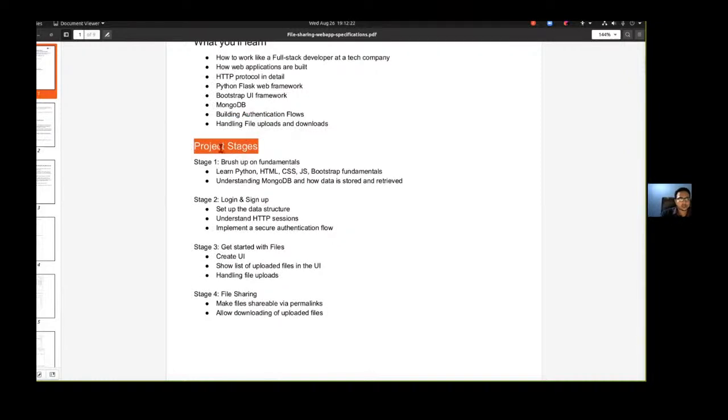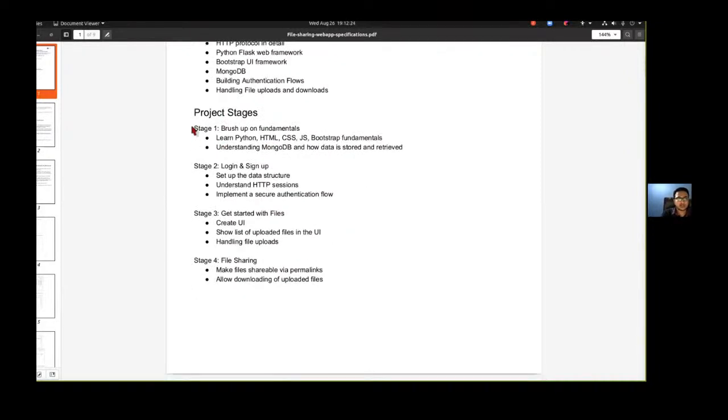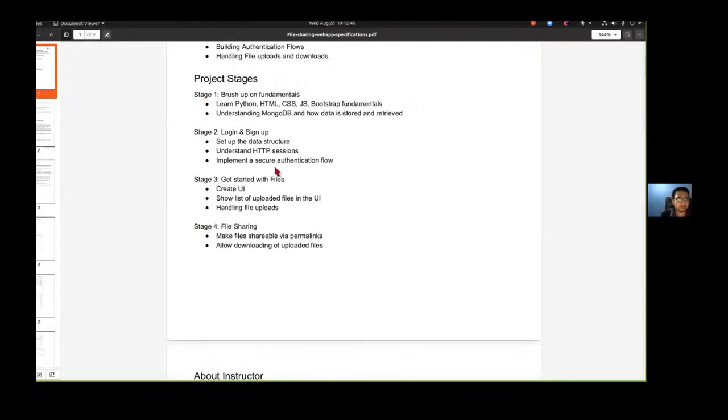So these are the project stages. This is a breakup of what we think you can do week on week. You can do this stage by stage, or you can approach it in any manner, but we have suggested these stages. In the first stage, you'll be learning